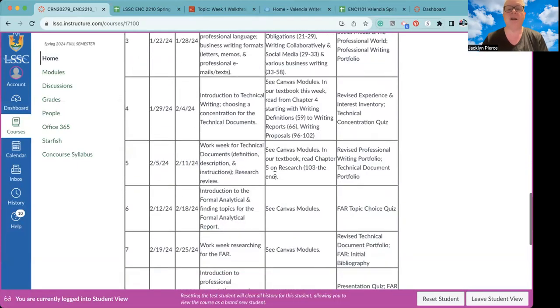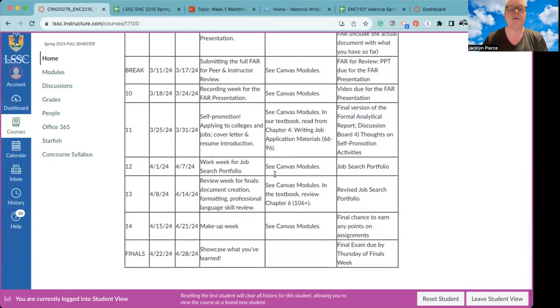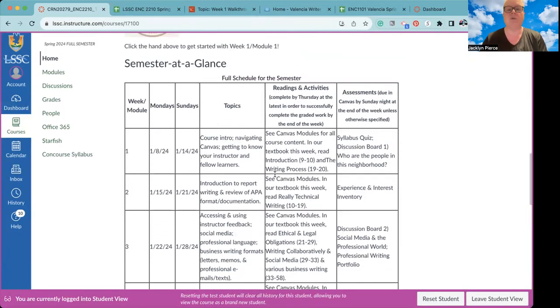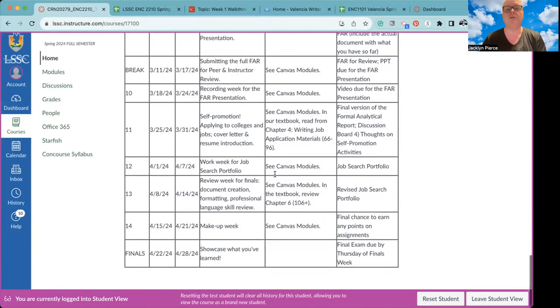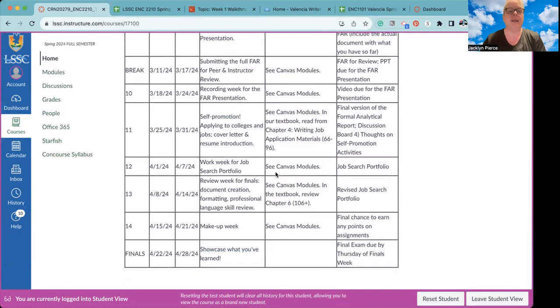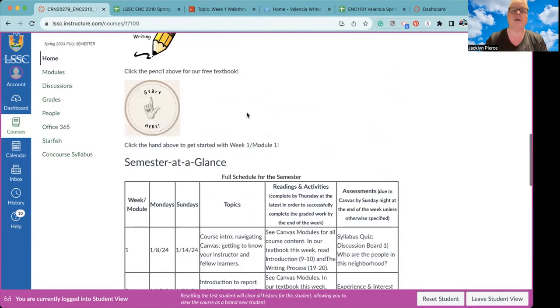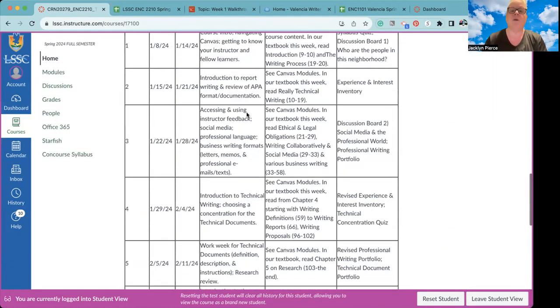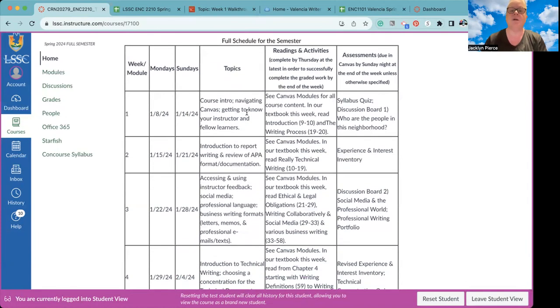I also have provided on the homepage a semester at a glance. Right now, only the first 4 weeks are published in the modules, so you can take a look at everything that's due, plan out your semester, all that good stuff. This chart is also in the syllabus, but you can access it here more quickly instead of coming in and out of the syllabus. You may even want to print this out or put the due dates and things in your own calendar.